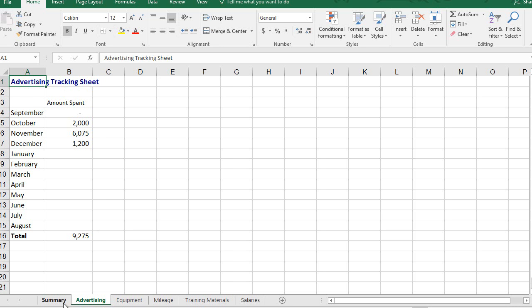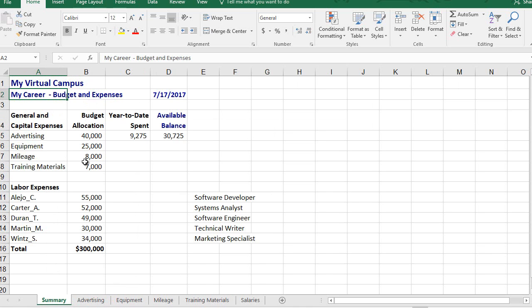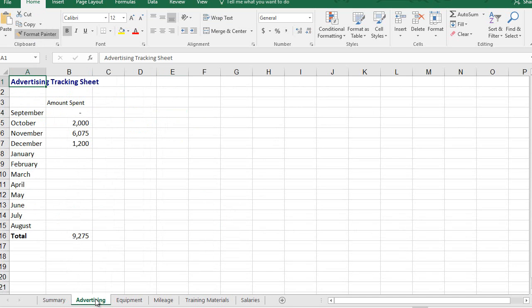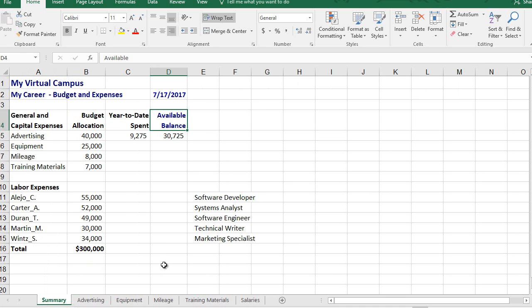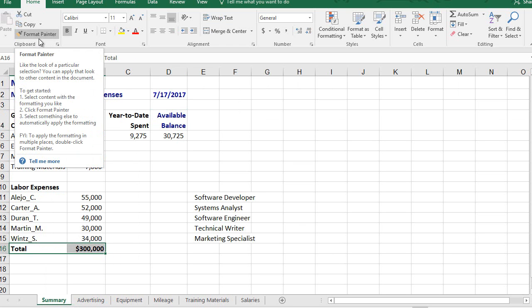I'm going to go back to summary and copy a couple other formats. Okay, I've got D4 that I'm going to copy. So I'll select D4, format painter, go back over to advertising, and I'm going to copy that to B3 here. Okay, go back to summary again, and I'm going to select cells A16 and B16 like so. Okay, the bold format and that number format here, and format painter,